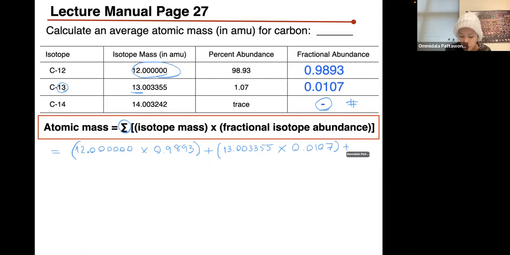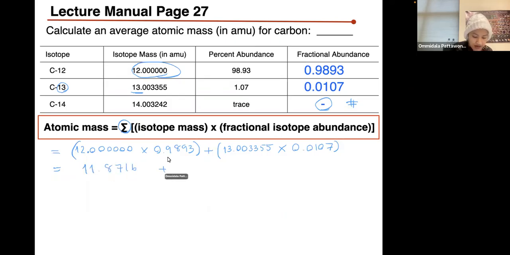So you're going to add the mass of carbon-14, right, and then multiply by its fractional abundance. Right now we don't know, so I'm just going to leave that. Okay, so what you are going to do next is follow the order of operation. I'm going to multiply these two numbers. Okay, so that is going to give me